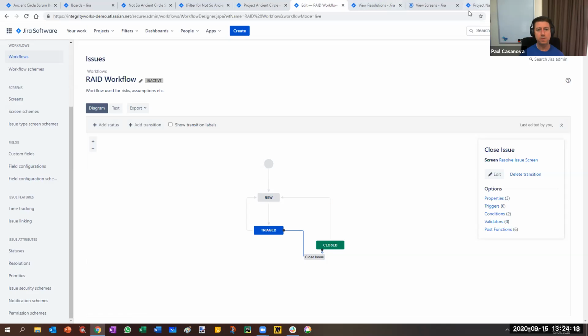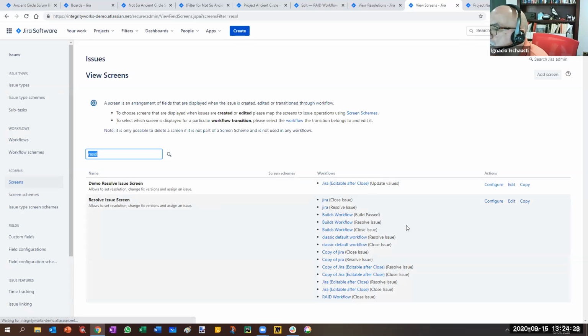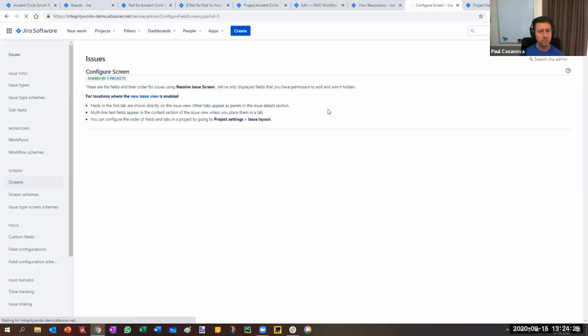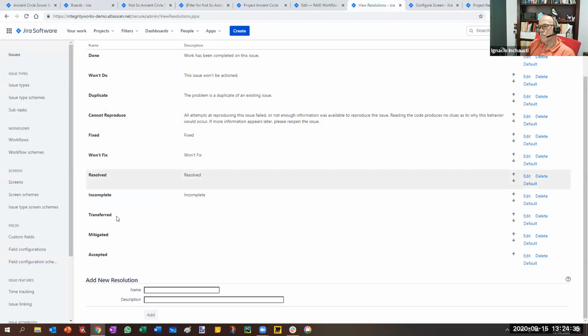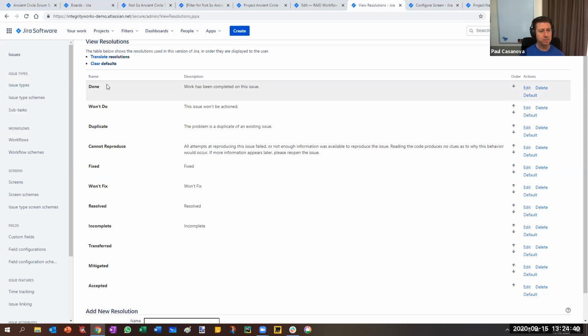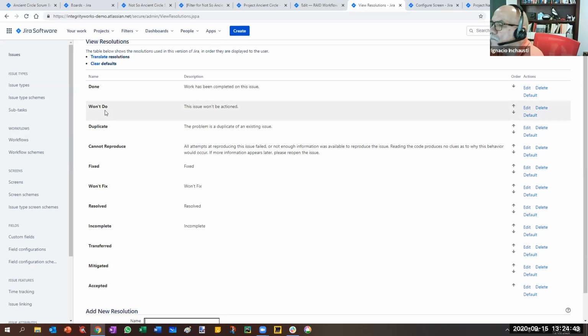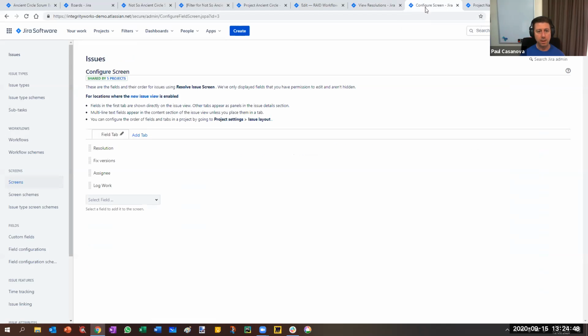So if we have a look at our screens, resolve issue screen. And on our resolve issue screen, we can pick a resolution, we can pick fixed versions if you want to, assignees, etc. And your question is probably going to be about that. Well, that's great, but I don't want to see all these other resolutions for a risk because they don't apply, like won't do. Well, that doesn't apply to a risk, right? And so with Jira, we can